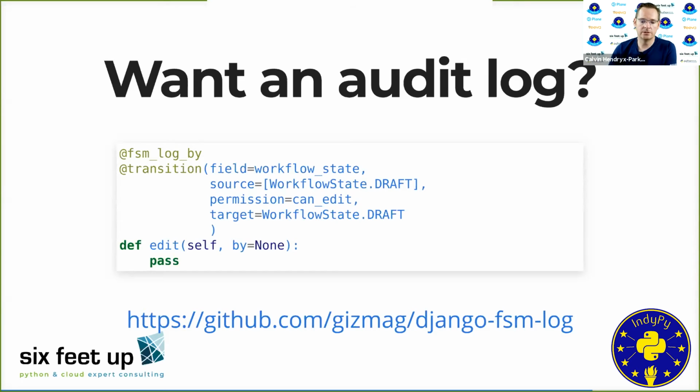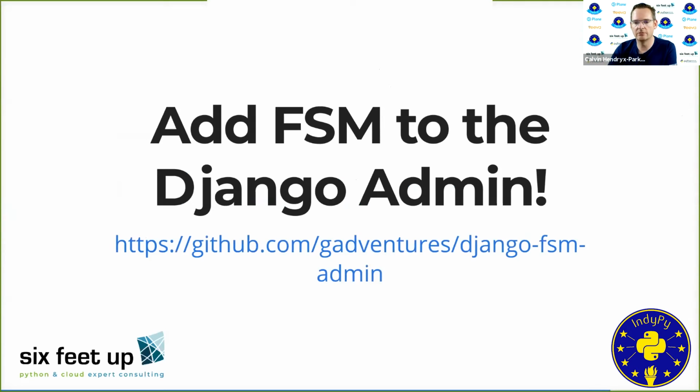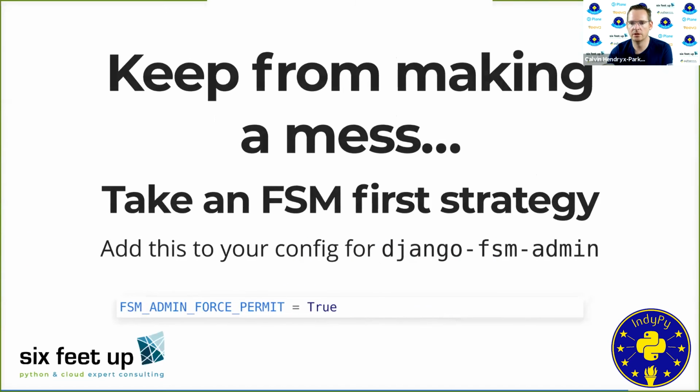So what if you want to use the Django admin? Well, luckily there's an add-on for you. You can actually access those transitions automatically through the Django admin if you use the Django FSM admin. This will add additional buttons into the admin, allowing you to trigger those transitions, and it does it in the context based on those methods that allow you to query who can do what, when, and where. So they're actually controlled because you don't want to make a mess. If you go around your Django admin manually changing workflow fields, you're not going to trigger other side effect transitions that are supposed to happen as part of that normal transition.